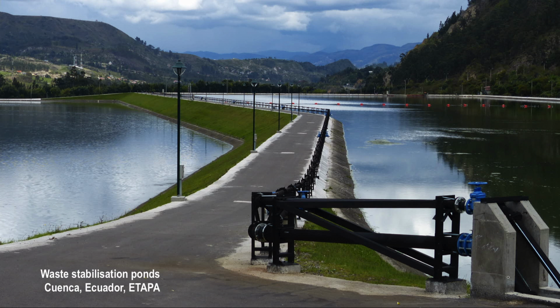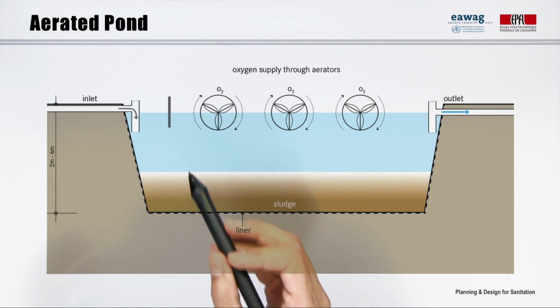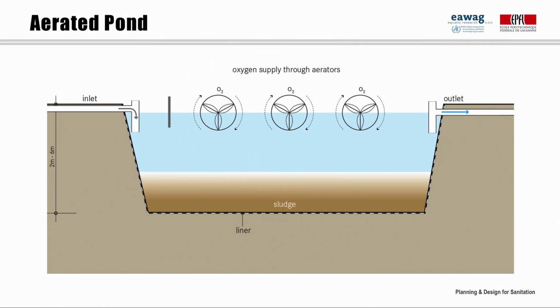This picture shows large waste stabilization ponds for the city of Cuenca in Ecuador. A way to increase the performance of waste stabilization ponds is to provide artificial aeration, which is done in Cuenca in the first pond, upstream of this picture. It is also a good way to upgrade the ponds when they reach design capacity, as spatial extension is not always easy. In aerated ponds, mechanical aerators provide oxygen and keep the aerobic organisms suspended to achieve a high rate